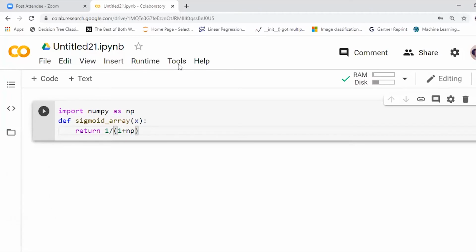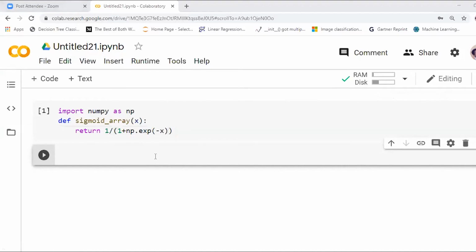So how would I take the exponential function with the help of a NumPy array? For 1 plus e power minus z, I write 1 plus np.exp of minus x. You just return the value, and it runs. I'll define some range so that I can see the output of the sigmoid function, because it is simple. It is nothing but a logistic function, where your output ranges from 0 to 1